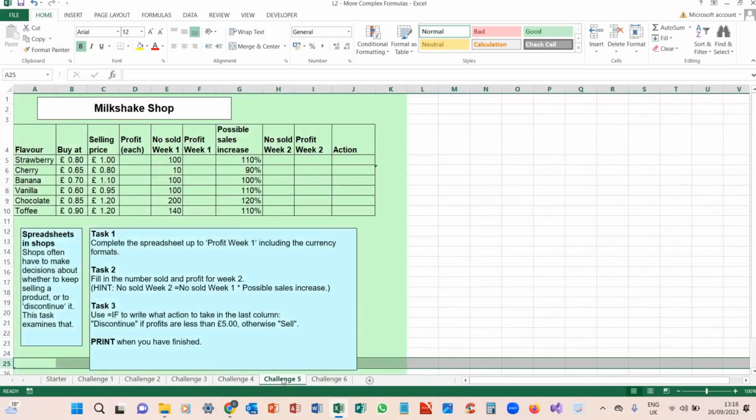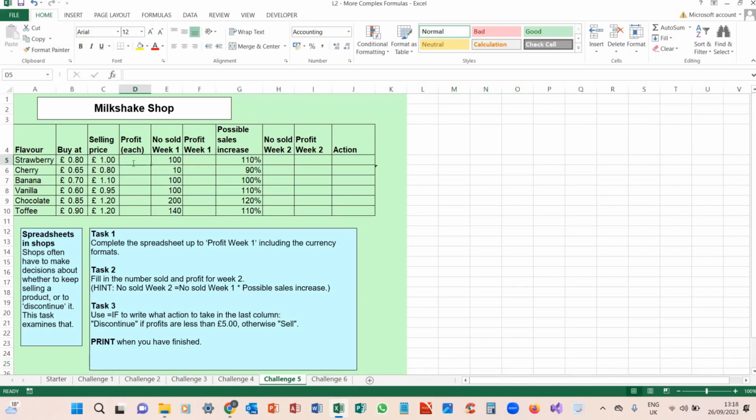So now we are in the Milkshake Shop. So we need to find out the profit for each in week 1. But first we need a profit for each. So we're going to have 1, that's the selling price, so that's how much we made, minus 80, giving us a profit of 20 pence. We can drag all of this. Done. Where we've got profit for week 1,